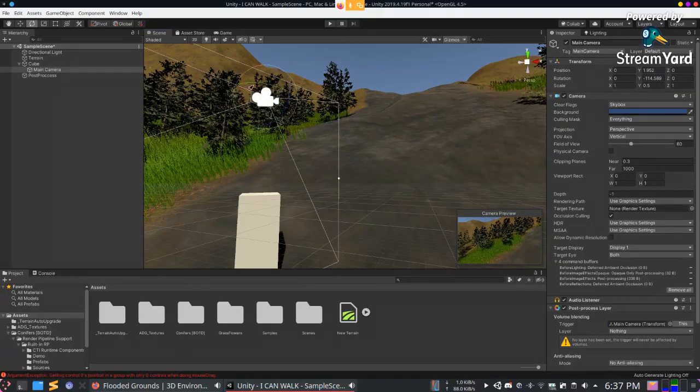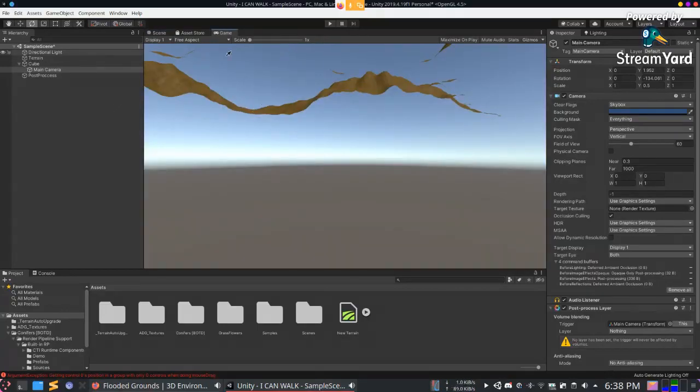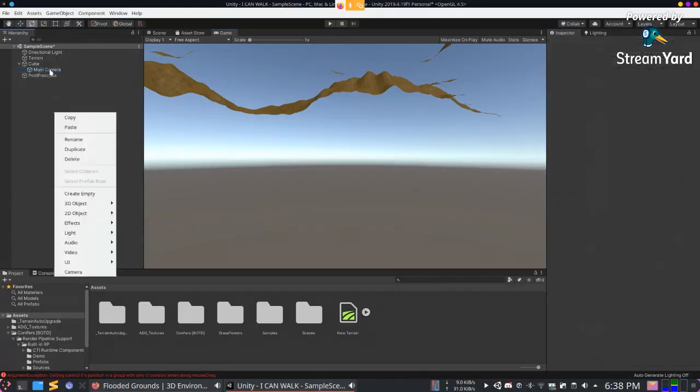I don't have any idea why the game view isn't showing the proper camera, because I don't see any other camera. Which one is it using? Maybe delete and re-add it. Okay.